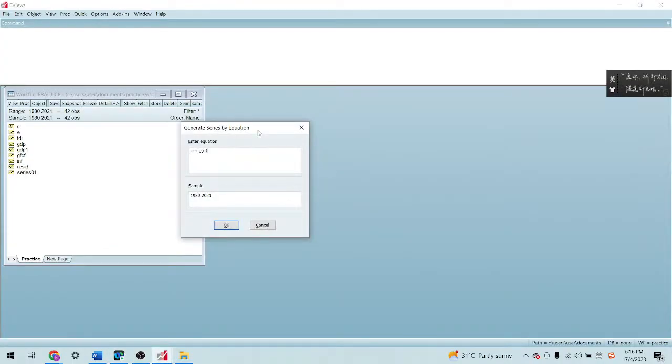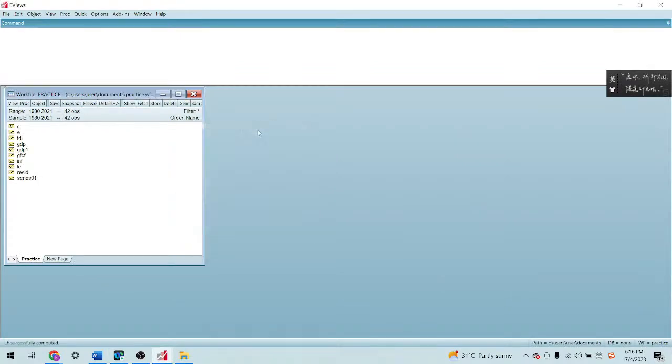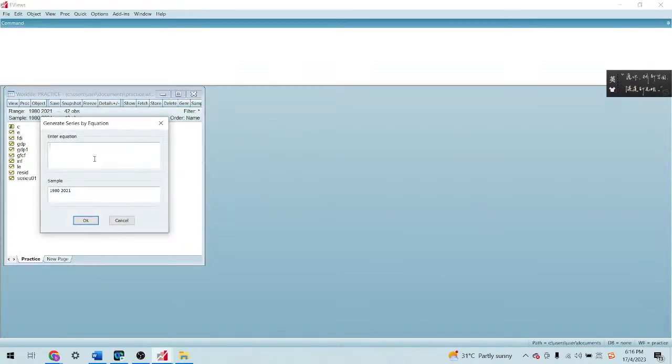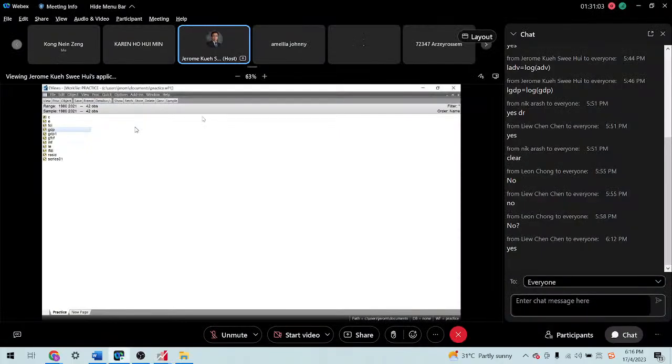So you can see that new variables being created. Then try the API. Again generate LAPI equal to log open bracket API, the original data, close bracket. Okay. Then here the new variables created. Then you try the GDP.